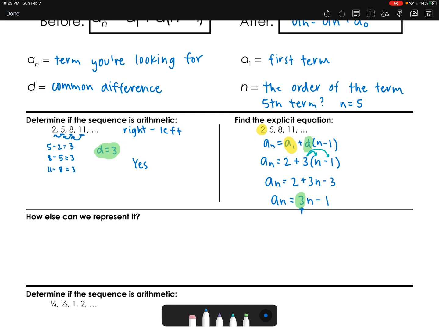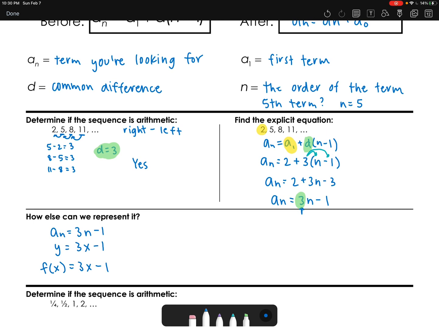So you probably are wondering, why the heck are we talking about arithmetic sequences when we've been talking about lines and we've been talking about systems of equations, right? And so I want you guys to look at this. So we have this a sub n equals 3n minus 1. Now this looks pretty similar to y equals 3x minus 1, right? Or just like something we learned last week with function notation, y is the same thing as f of x, so we can say f of x equals 3x minus 1. So the cool thing with arithmetic sequences is really they look a lot like linear functions. However, they're